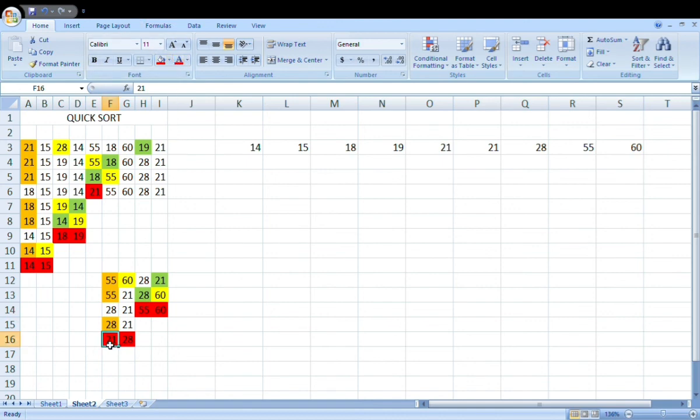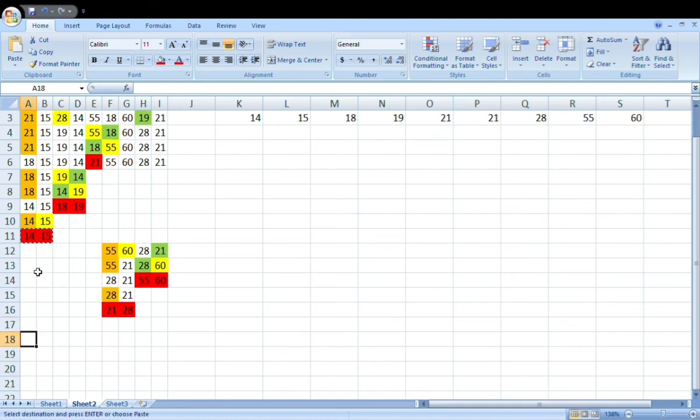So if you see, let me take all the red ones and put them here, and you will see the list is sorted. Now here, see, it's sorted, right?